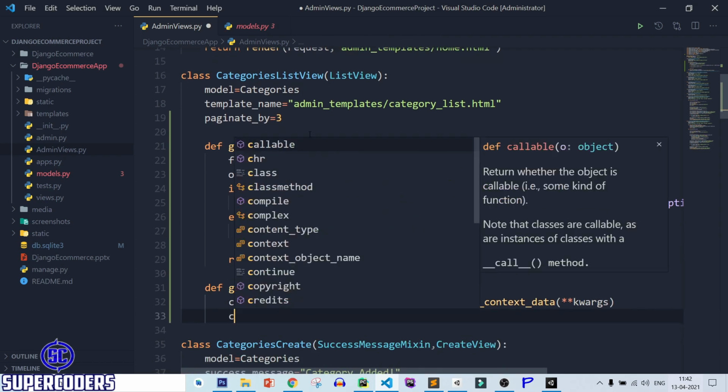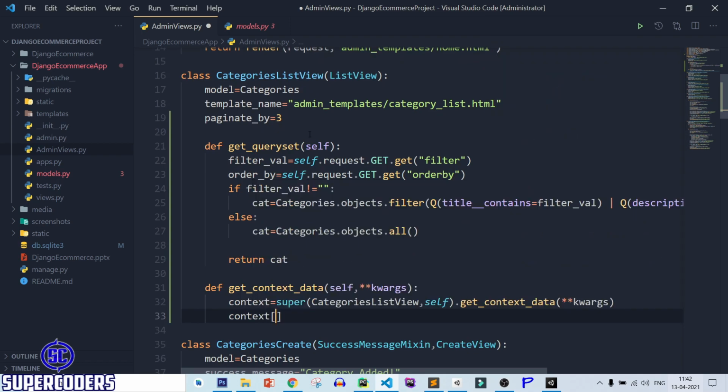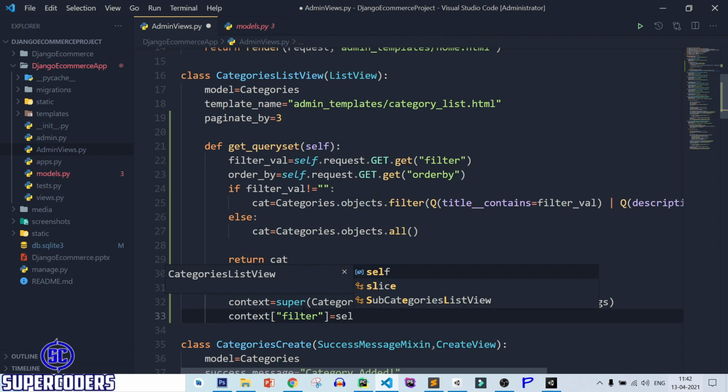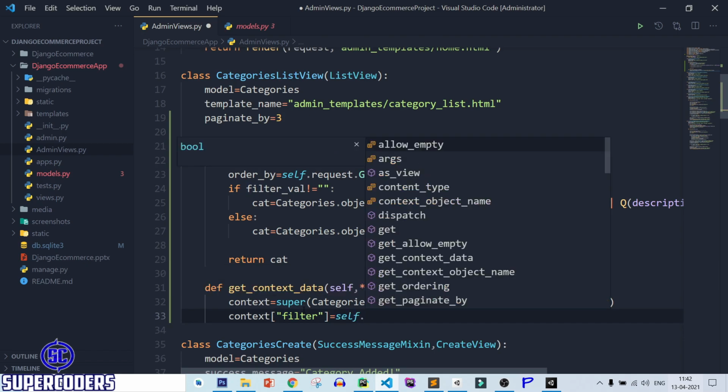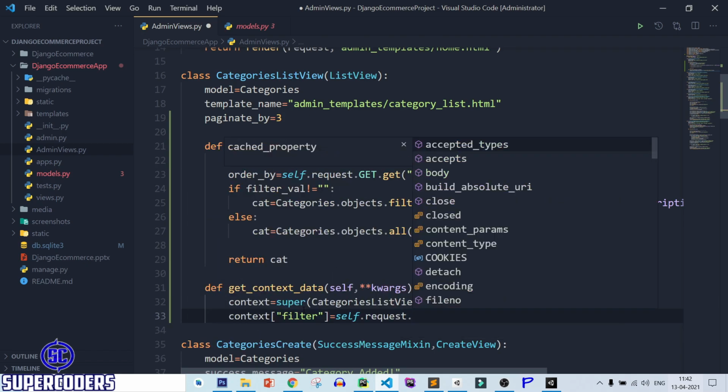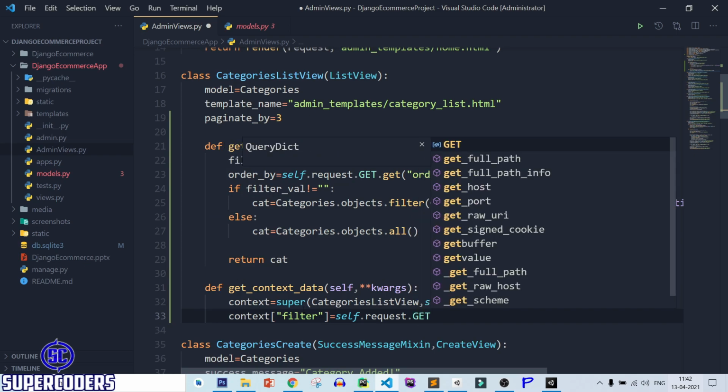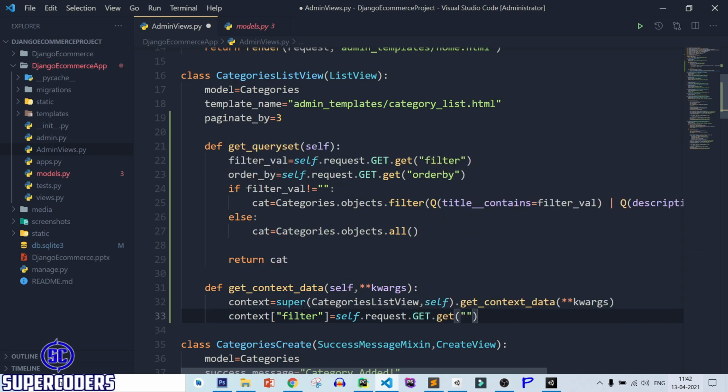After that, context filter, let's see, filter equal to self dot request dot get and pass your filter, and here setting the default value, which is blank.